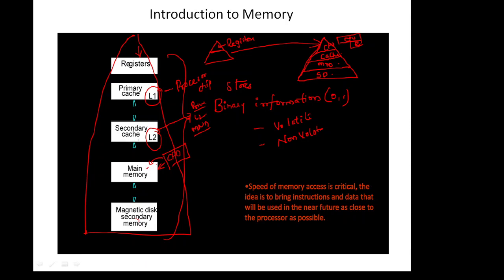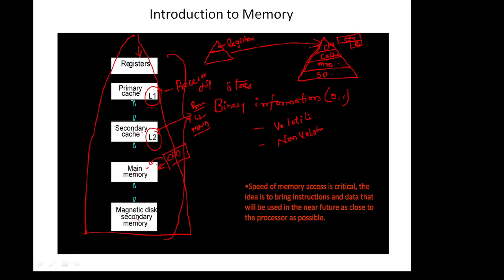So this is the basic hierarchy of memories. Lastly, secondary memory. Above the secondary memory, main memory. Above the main memory, L2 cache. Above the L2 cache, L1 cache will be there. Above it, registers. In the processor, some amount of space is given for registers and this L1 cache. Fine. This is how the hierarchy is going to be.